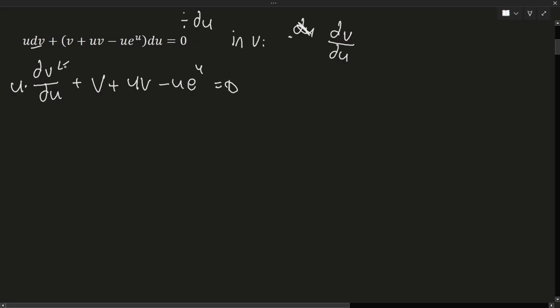All right, now I'm going to write this as v prime. So you have u times v prime plus, I'm going to factorize this over here, and I'm going to send this to the other side, equals u e^u. All right, now we're considering